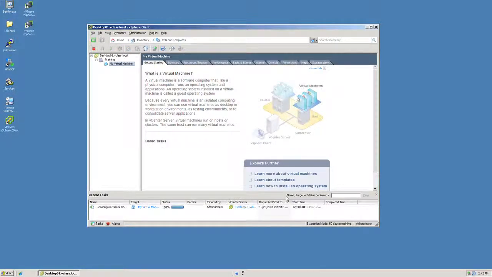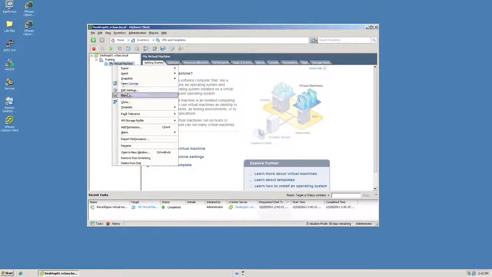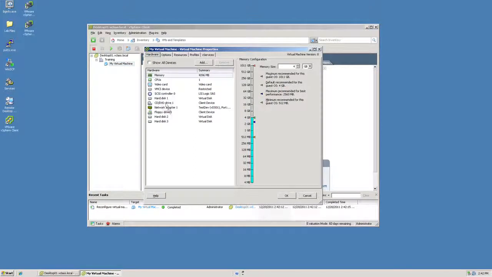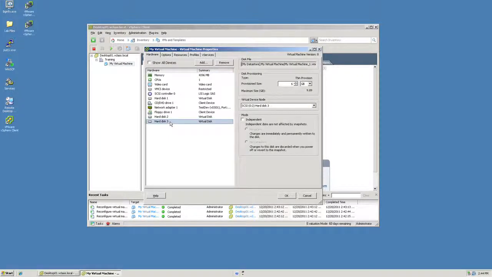you'll notice in the recent task that it tells us that we are creating a new virtual hard disk. And indeed, it has completed the task. If we then go edit the settings for the virtual machine, as you can see in the Edit Settings wizard, this virtual machine now has 3 virtual hard disks. If I select the virtual hard disk that we just created, hard disk 3, you can see on the right